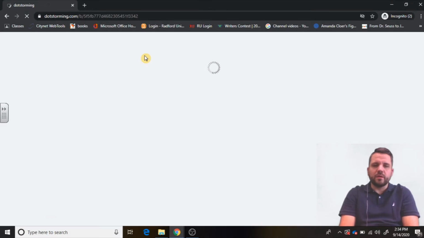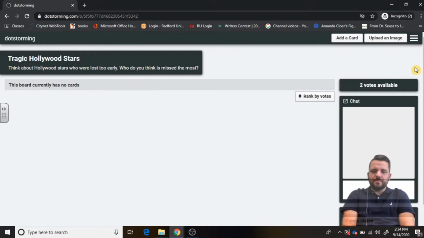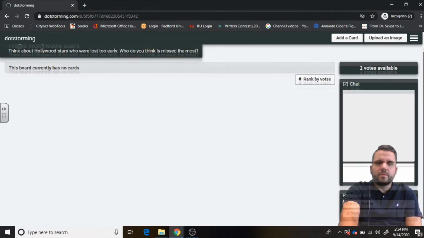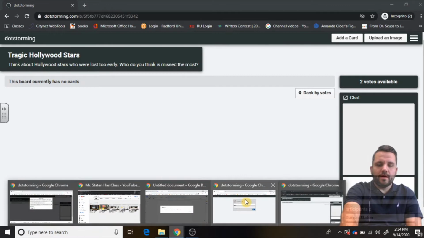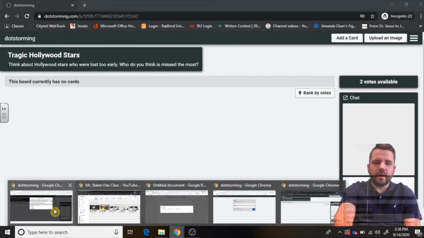When Dotstorming comes up, it asks the student for a name, and Jimmy's going to join the class. Okay, so as you can see, both Jimmy and myself are in the class. Now this board currently has no cards, so let's go back to the teacher view. And on the Dotstorming board, we should be able to see